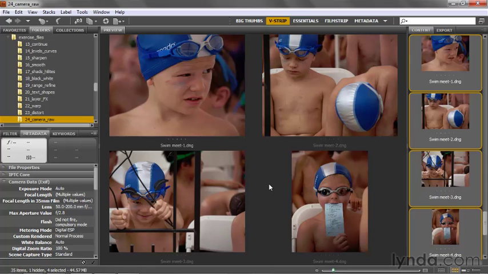Now, not every camera supports a RAW file format. It's typically your high-end SLRs. There are a few mid-range cameras that support RAW as well. And every camera manufacturer supports its own RAW file format. So Canon has CR2, Nikon has NEF, Olympus has ORF, and so on. Camera Raw's job is to take these proprietary formats and then convert these images over into something that Photoshop can